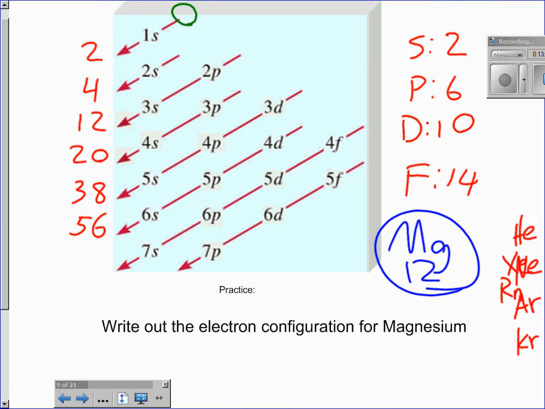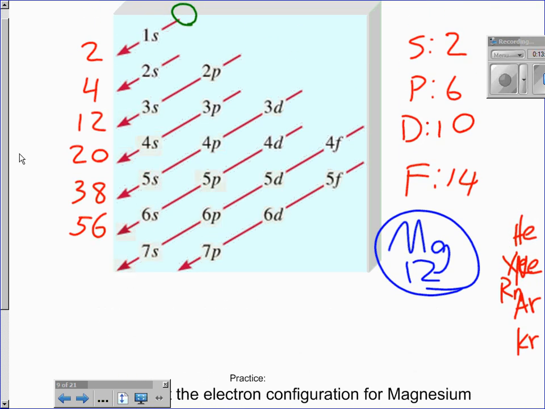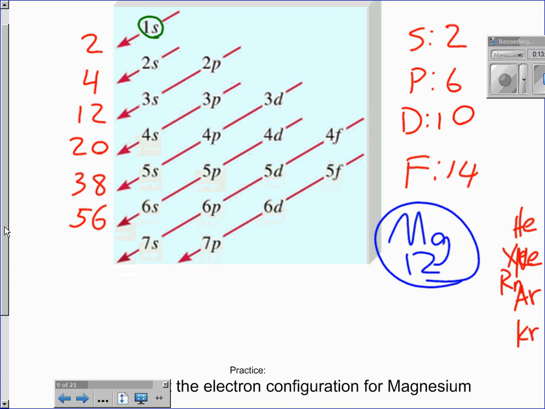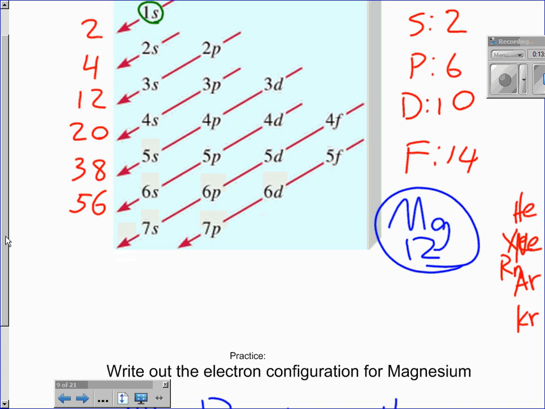So looking at this table here, we're going to start right here. We're going to go 1s, and then we're going to actually write out 1s. How many electrons can fit into an s orbital? Remember this? 2. We can fit a total of 2 electrons in an s orbital, so I'm going to put